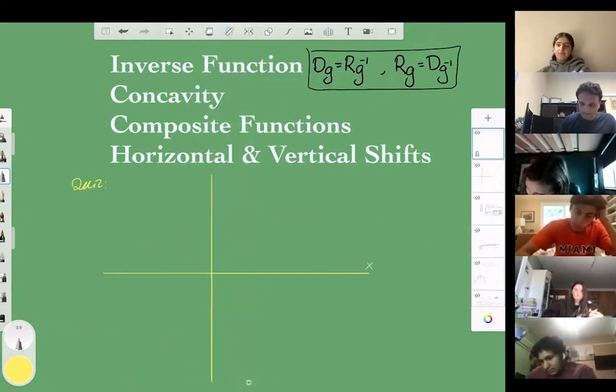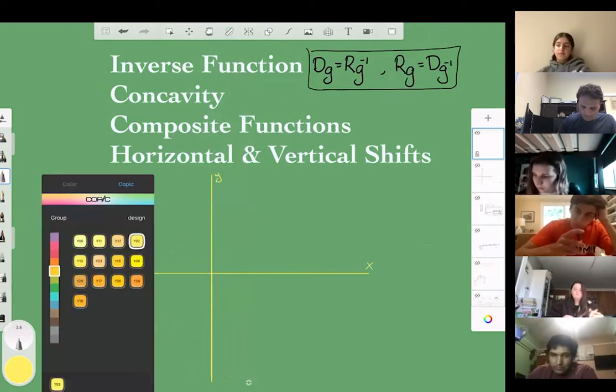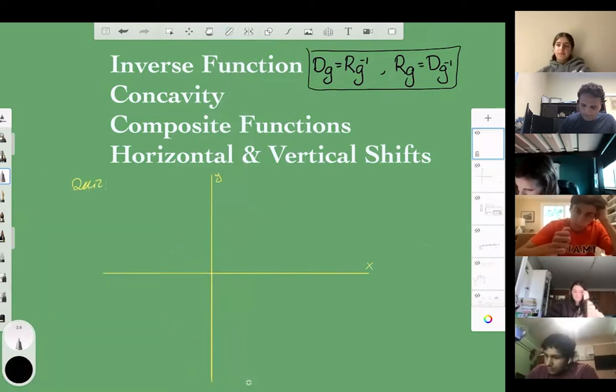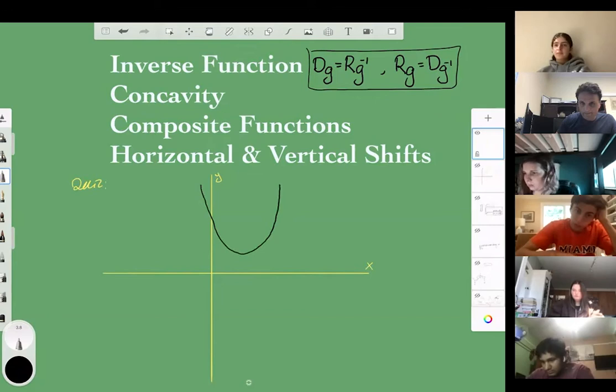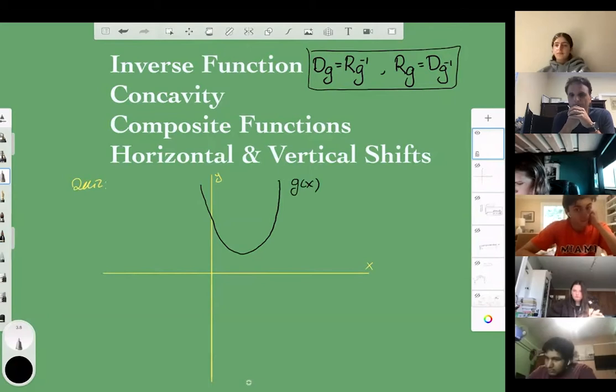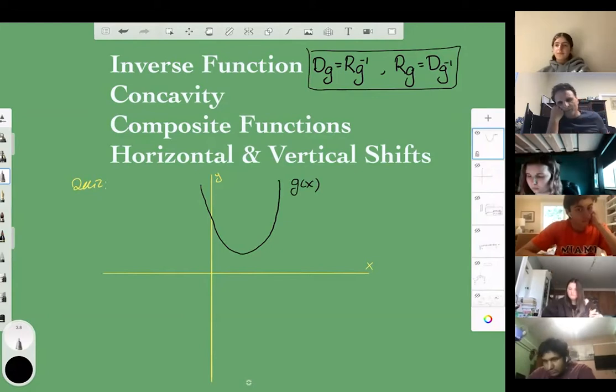This is x, that's y. I give you guys a graph. I call it g of x. Good. So that's given. I can bring 100 different questions about the graph, but what I'm going to ask you guys is this: